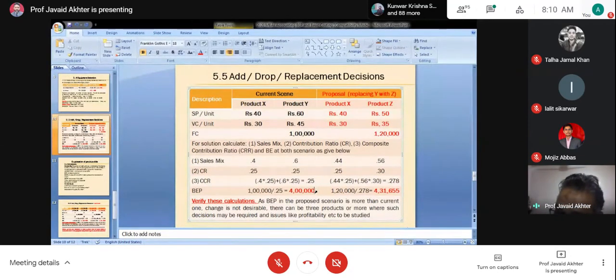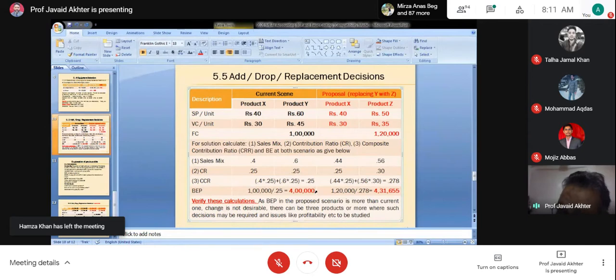So what will be the contribution of X? What is 40% of 4 lakh? 1 lakh 60,000, right? What will be the contribution of Y? 2,40,000. Correct. So this is the total sales revenue that should come from X, and this much should come from Y. What are you interested in finding out? You are interested in finding out total sales, so that you can compare that total sales is actually equal to total revenue.